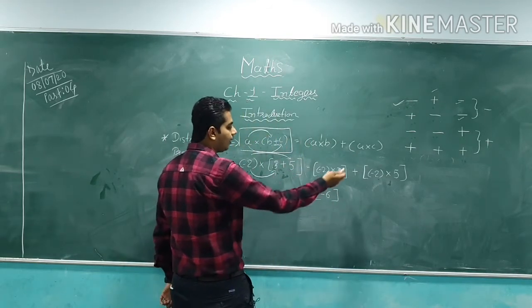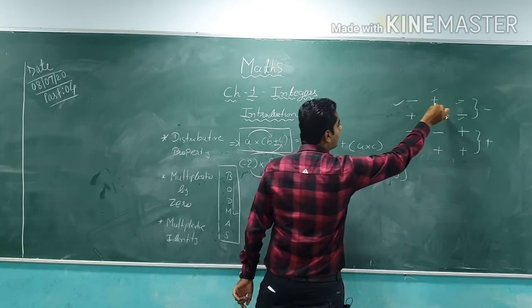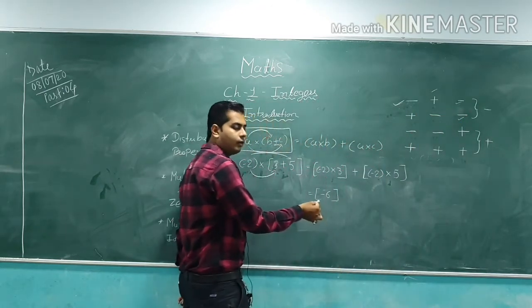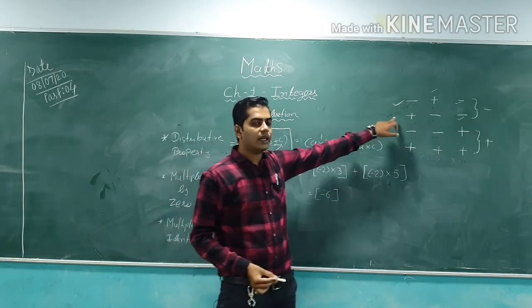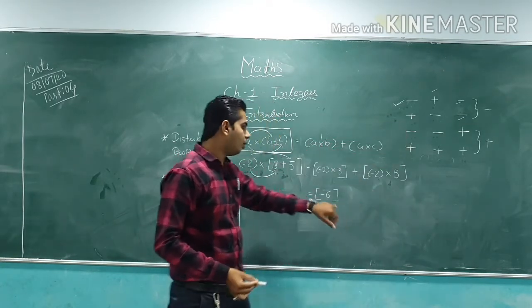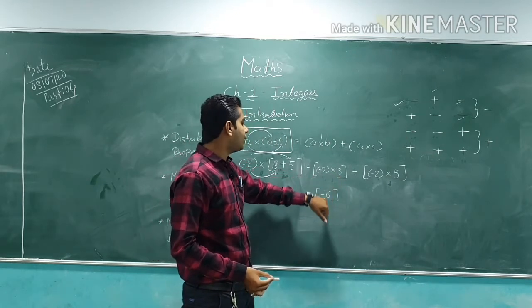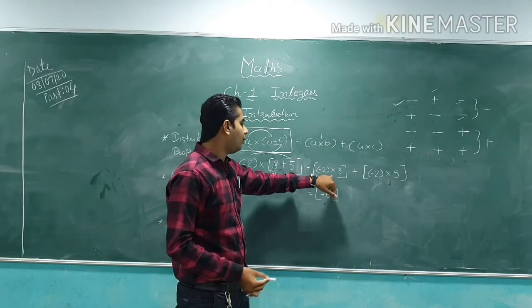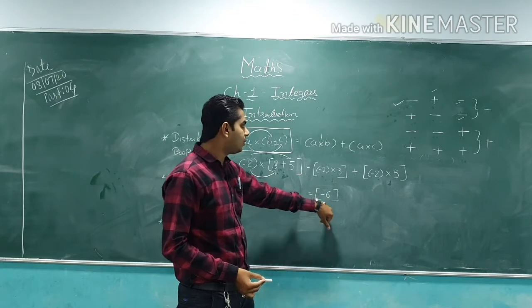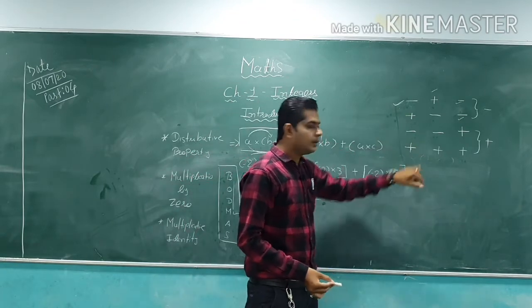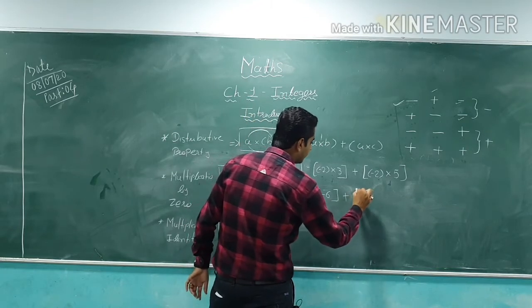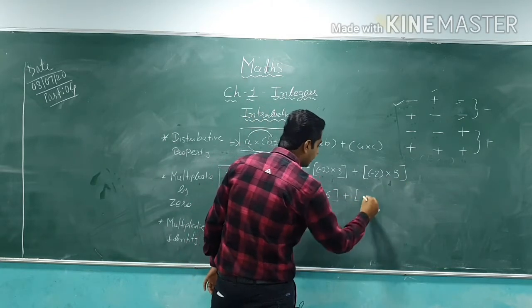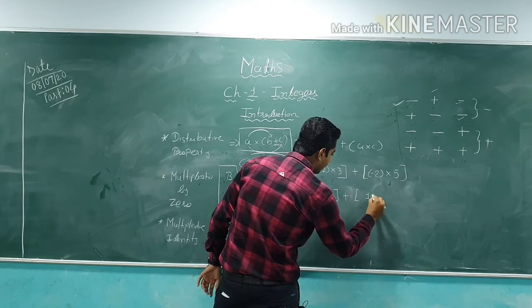Why minus 6? Again, you know that minus plus minus, so you have to always remember the sign. If you don't remember the rule of sign, your answer will be wrong. So always remember the sign. What sign should I put in the answer? Whatever you do, in the final answer you have to use this, otherwise your answer will be totally wrong. So plus. Now 5 2s are 10.